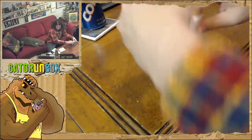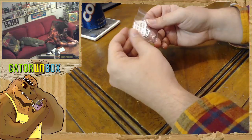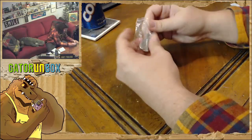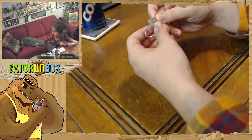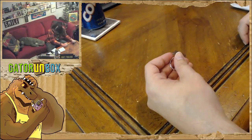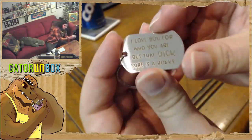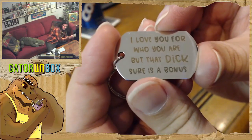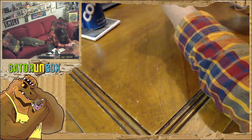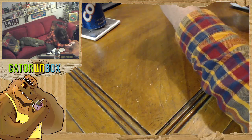Here we go. Alright. So, this next keychain is... okay. Let me take this one out of the wrapper so that you all can read it. It's a little dog tag. I hope it doesn't go with the other keychain, because I don't like the implications. It says, I love you for who you are, but that dick sure is a bonus. Is this just printed on, or is it engraved? Will that scratch off if I...